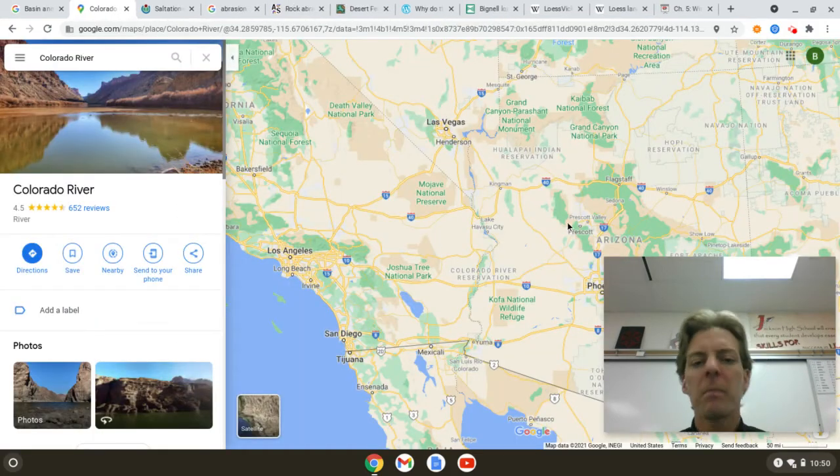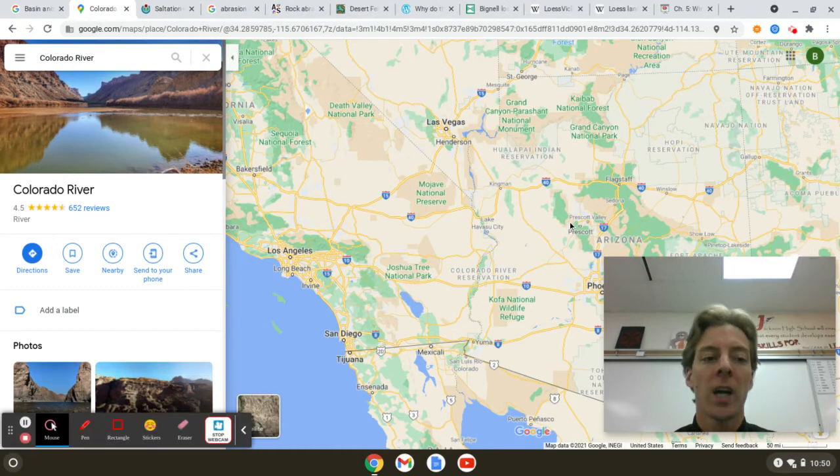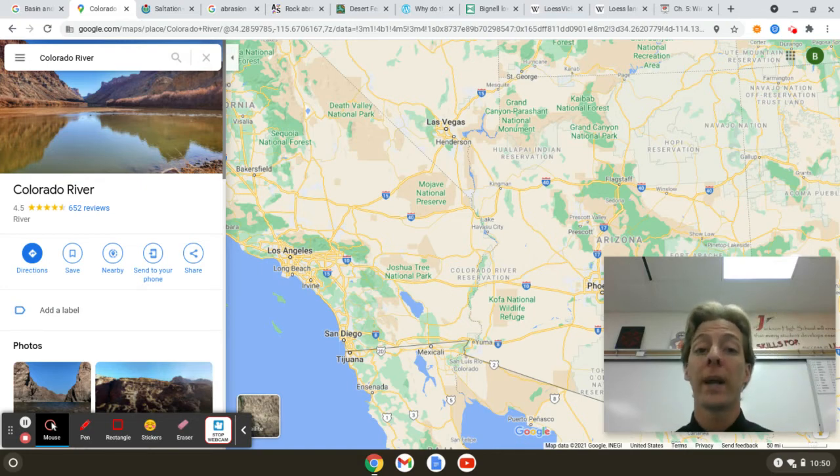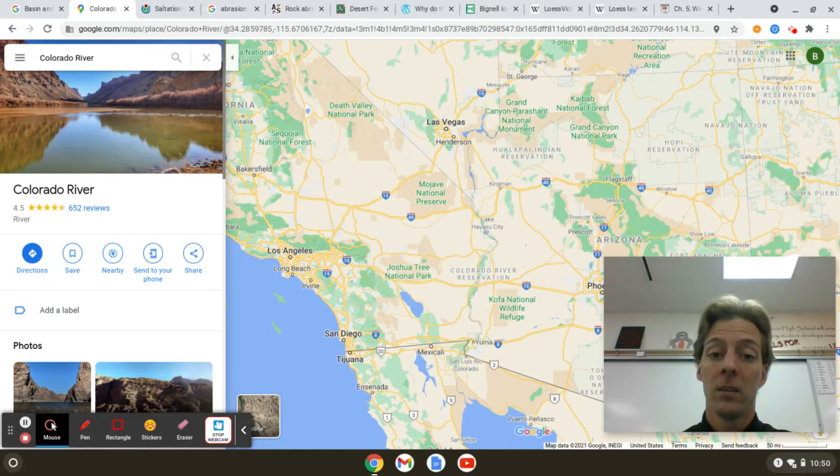All right. I've got the Colorado River here. Colorado River up here in Grand Canyon, right? Down, down, down through Lake Havasu, the reservoir, and out. Colorado River does drain out. I mention that because it's a rare thing that there is enough water coming in to not have it evaporate as it goes through this desert dry climate.